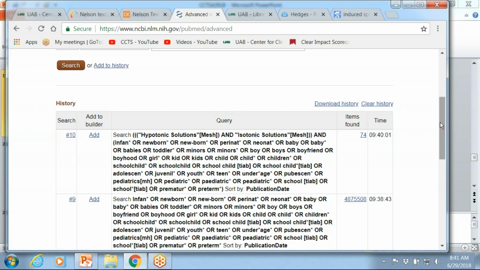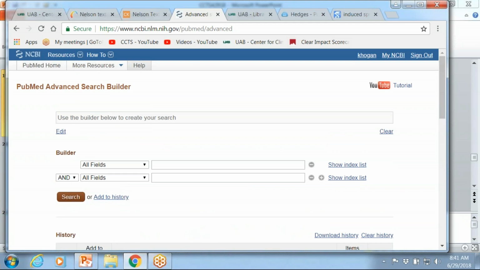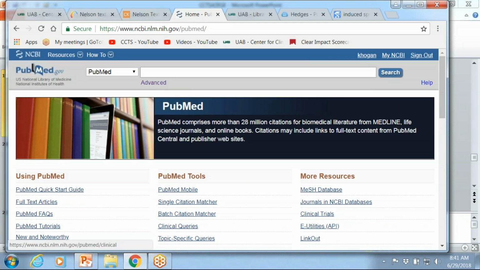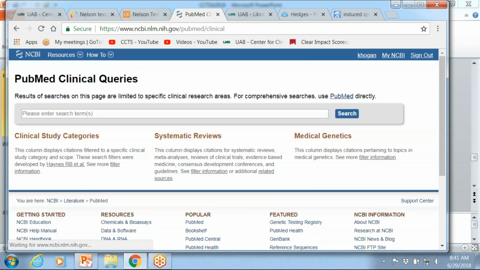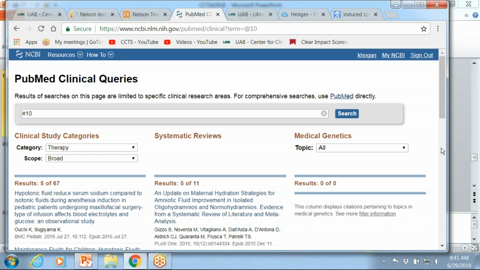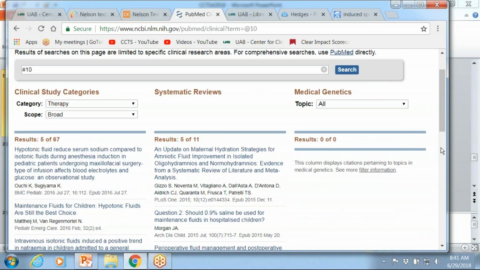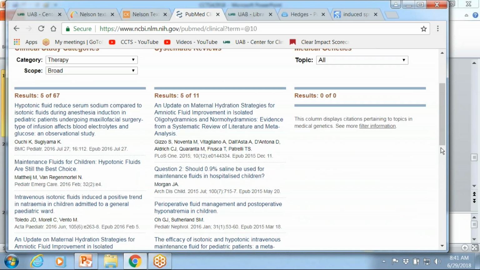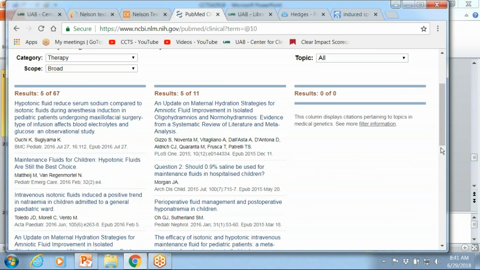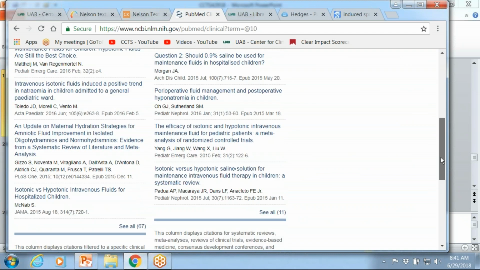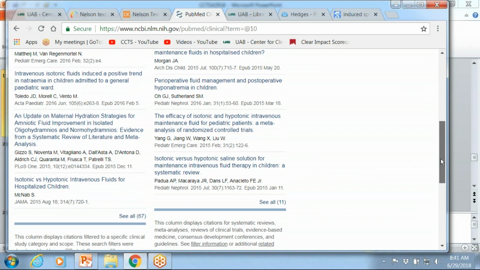What I can do instead of plugging in the whole search into that clinical queries, I can go back to PubMed Home, go to the PubMed tools, go to clinical queries in that column, type in number 10, which is my search string, and search it. And this time I've got 11 systematic reviews that I could get to and 67 controlled trials. Okay.